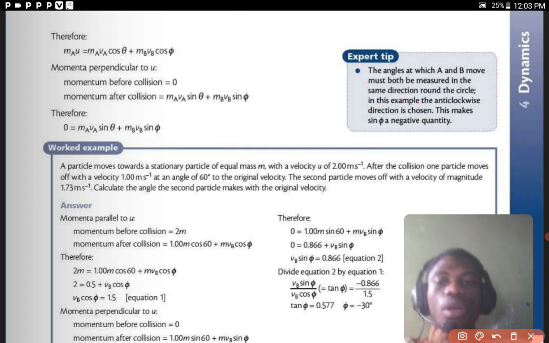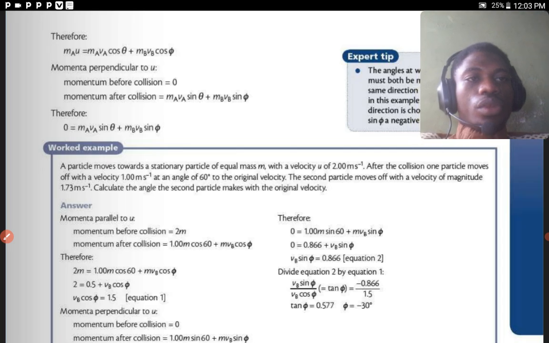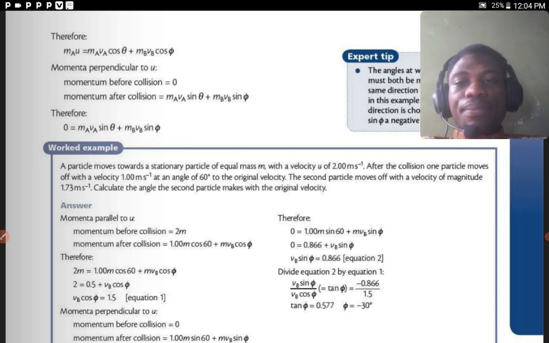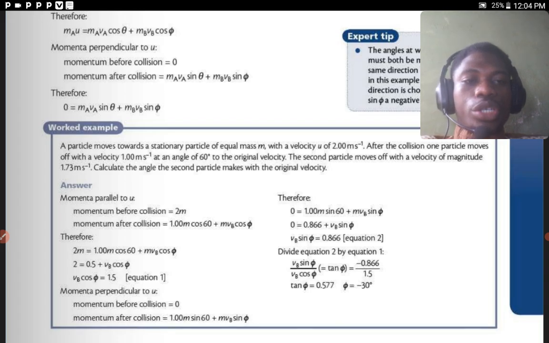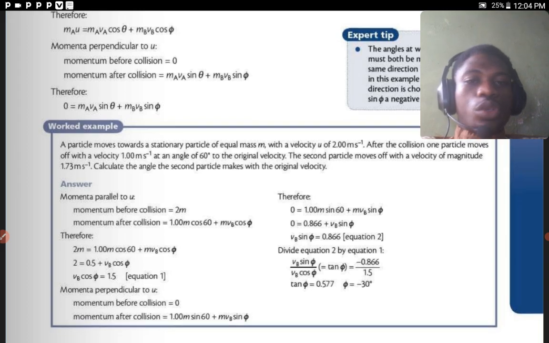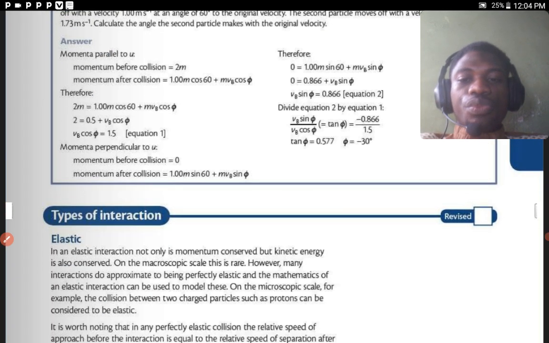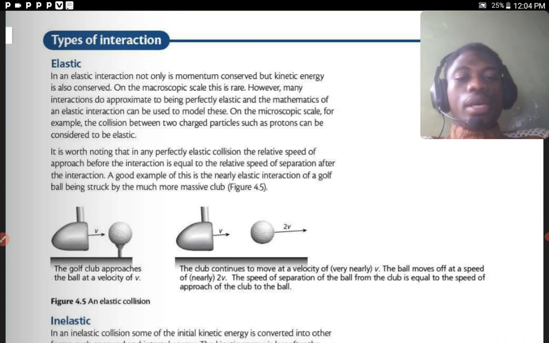All right, so that's good. Now that's it and done. With a free mind of understanding, we can now proceed. If you look here, you can see an equation with solution already, so I will not have to solve it, since the solution is already there and I've taken time to explain it. So we just have to go directly to types of interaction, which is the reason for this second lesson,